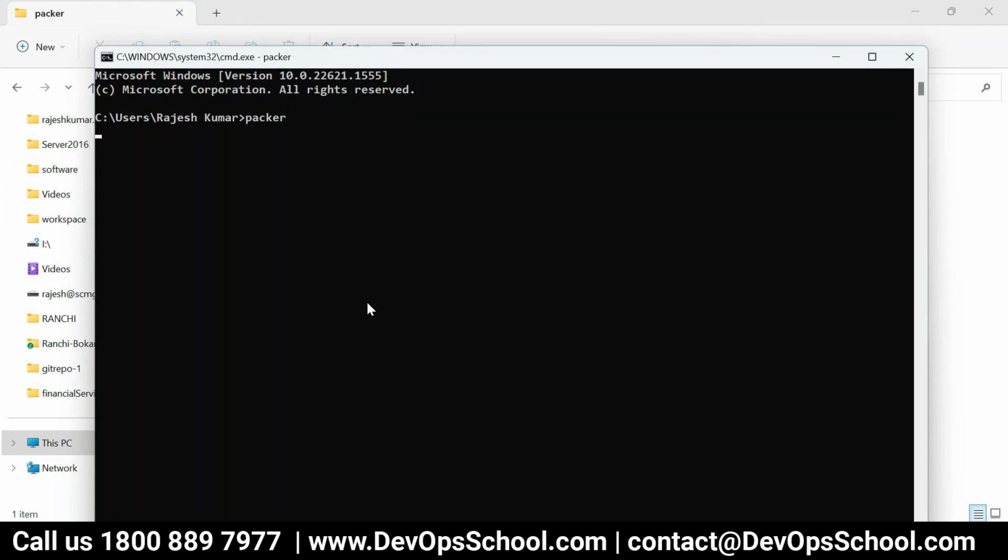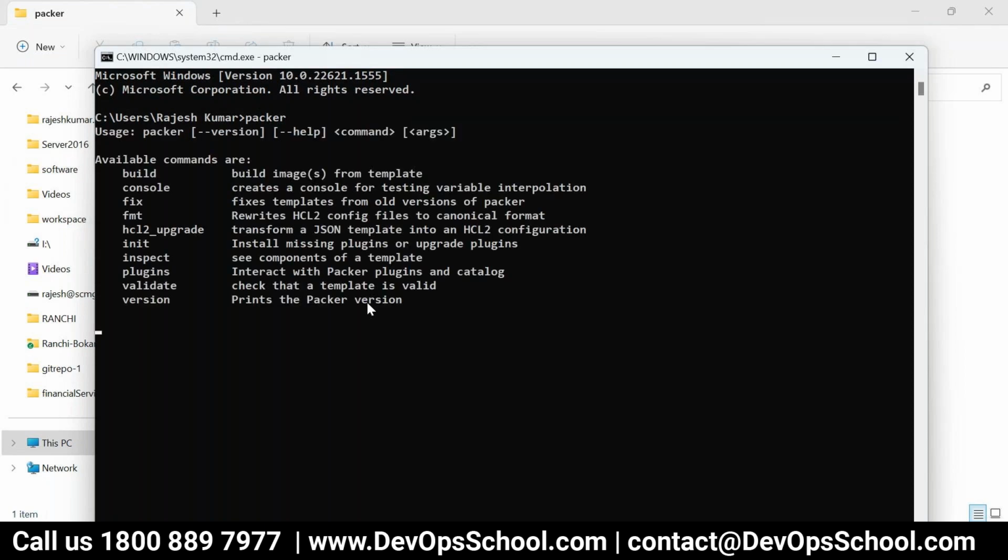Okay, so this we can use. Now these are the commands which we have. It took so much time to get it. There's something wrong with my machine, I guess. Anyways, so